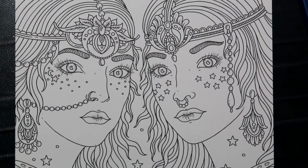Ooh, look at these cuties. Oh my goodness. They're way cute. Have you noticed that in a couple of her books, there are like this set of twins that show up every once in a while? I kind of wonder what that's about. Because we have this picture, and then I noticed in...